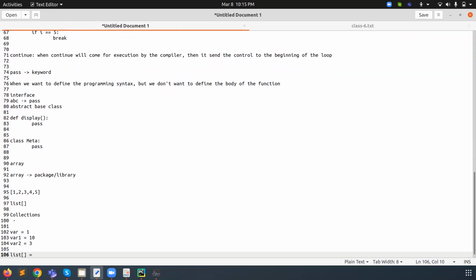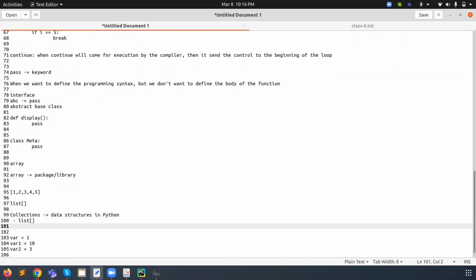This is also called a data structure in Python. Collection is also called a data structure. So how many data structures are available? List, then we use a tuple.